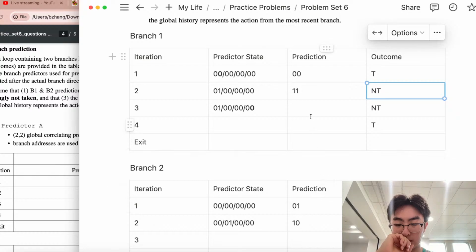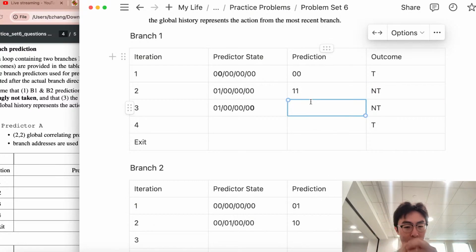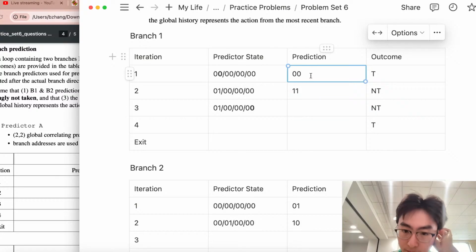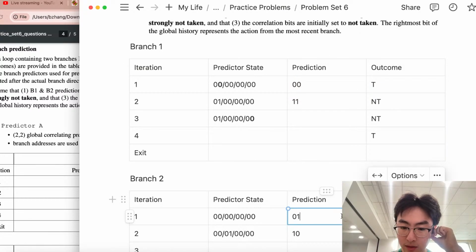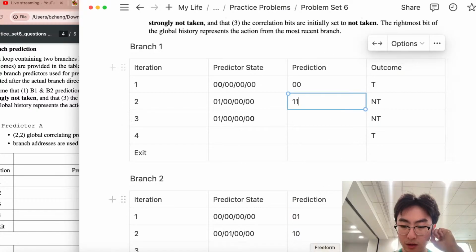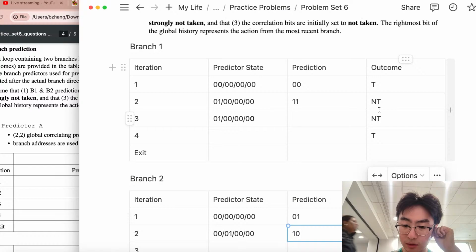Right. I have to double check this real quick. So start here. It's not taken, right? So we've taken. Then we flip this to 1. Taken. Not taken. Okay, right. So